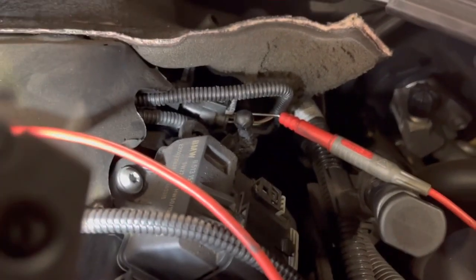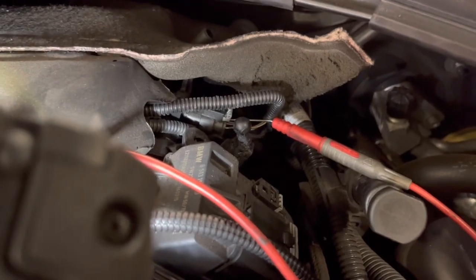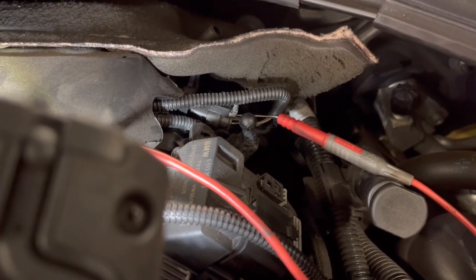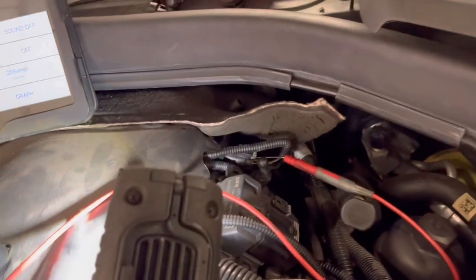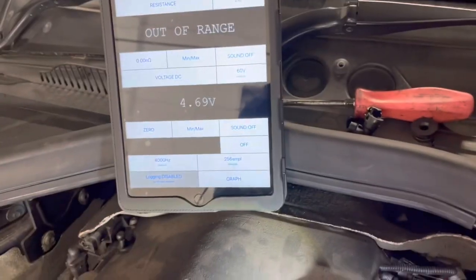Hard to see, but we're on the last wire of the sensor there, the third wire. That's going to be the signal wire. Like I said, with ignition on, this will work between 0.5 volts and 4.5 volts. That's its range. Already, we can see it with 4.69 volts, a bit too high, but I've got another test, what will be really good using the Curien N2 and show you the benefits, why this is such a brilliant